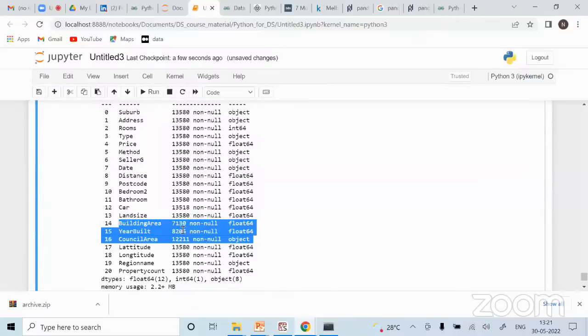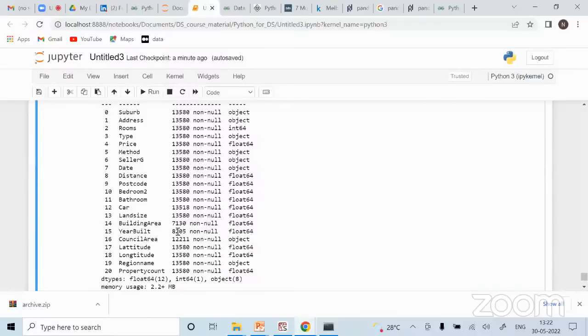So what does it mean? There are only 7,130 records which are non-null. That means the remaining, approximately 6,000, are null entries. So for building area, 6,000 records are null. Similarly, year built is not there for around 5,000 records because it is present only for 8,000.